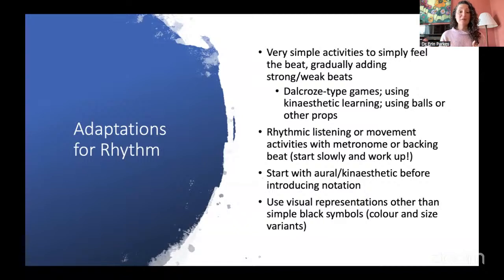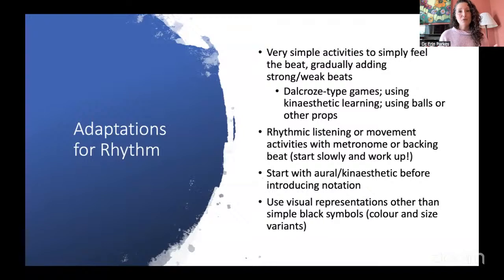And then at the same time, you can be learning the symbols and working on them and gradually weave them into the playing, because I'm not necessarily saying that these students shouldn't learn traditional notation, because we want them to be able to function in the music world in as many ways as they can. And that's what they're going to use probably if they learn music at school or they ever want to jam with other people or whatever.